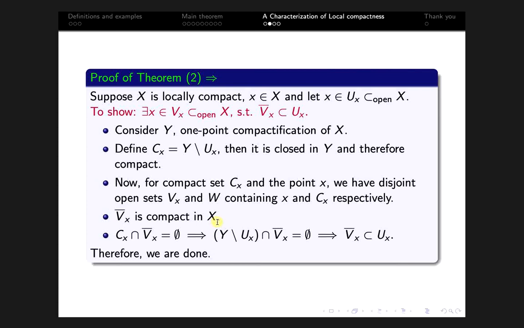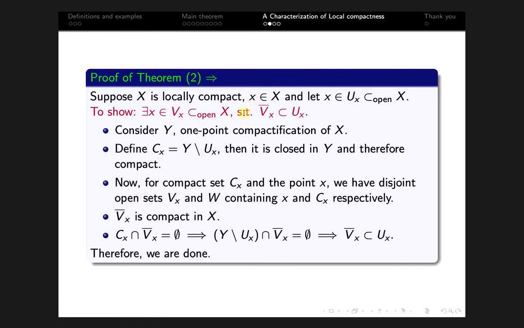Now let us put the things together. Vx closure is a compact subset of Y and X is a subspace of Y. Vx closure is contained in X, therefore Vx closure is actually a compact subset of X. So